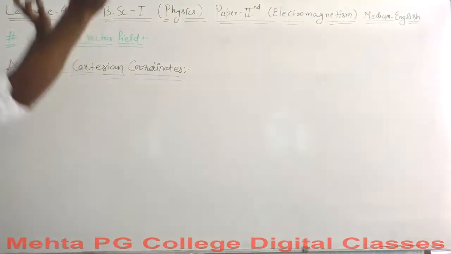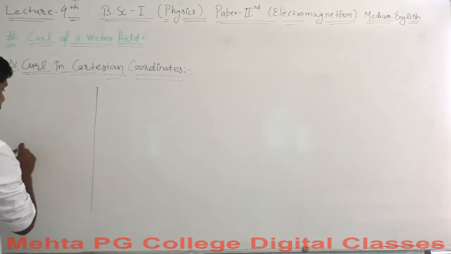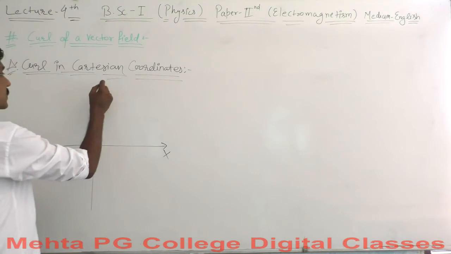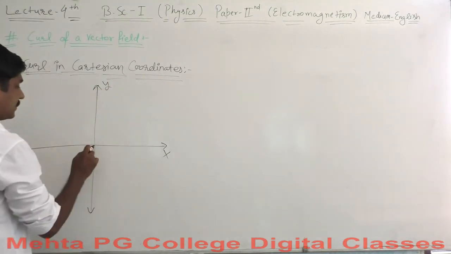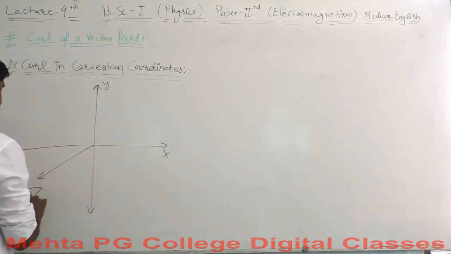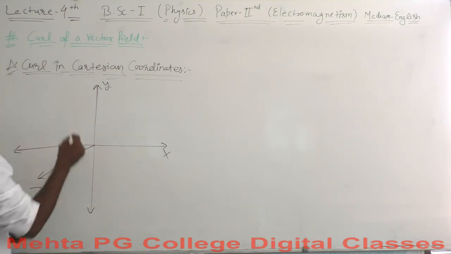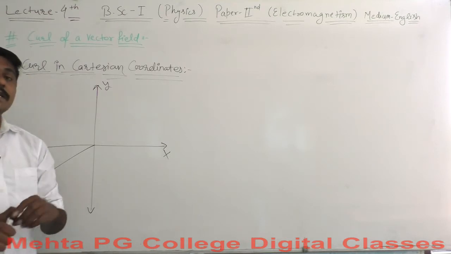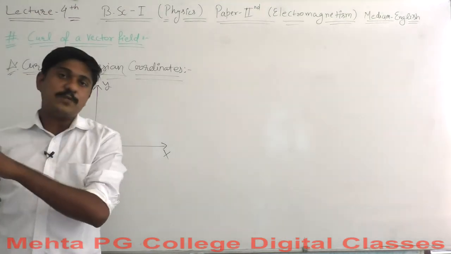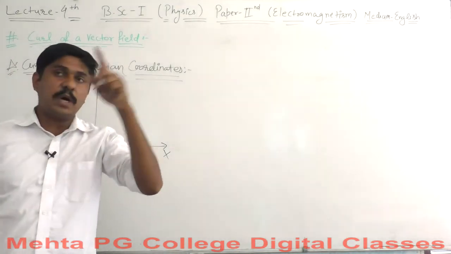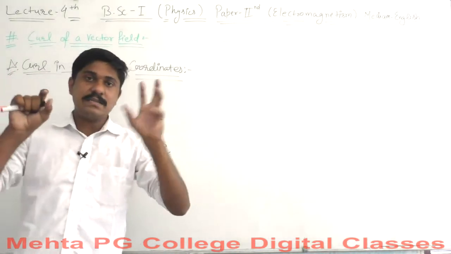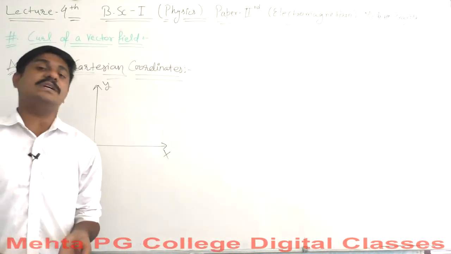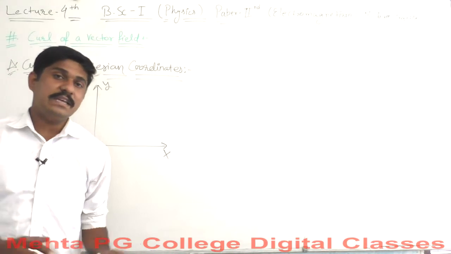Let's consider there is some axis here, the x-axis and the y-axis. This is the x-axis, this must be the y-axis, and for our reference this is the z-axis. Let me consider again the example where we started discussing the curl of that particular vector field. We were talking about a point traveling from this point to this point, then this to this, and this to this, and again repeating from where it started.